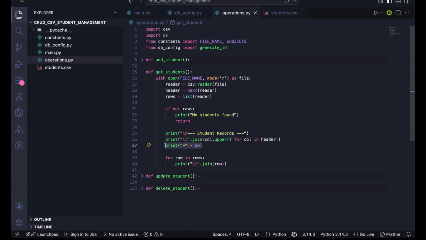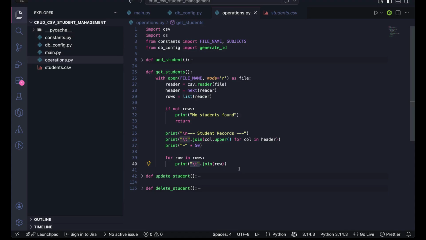Okay, and this is basically going to be our line separator, so that our display looks better. All right, and we basically loop through all the rows of students, and we're going to have a tab separator dot join row. So each data in the row is going to have